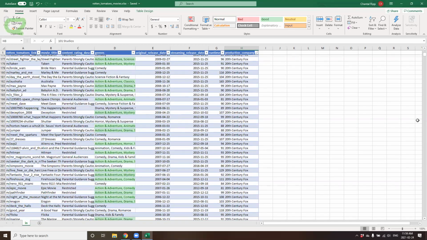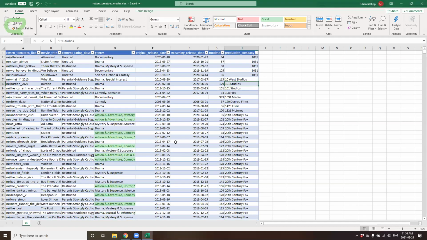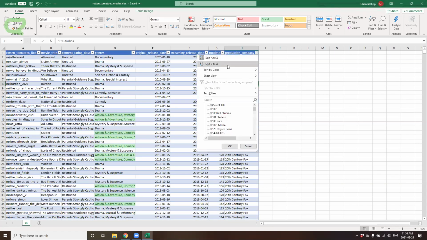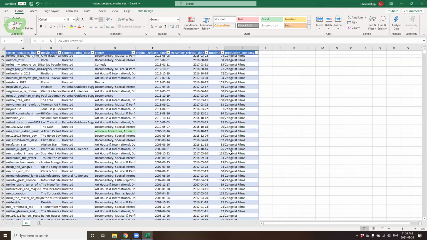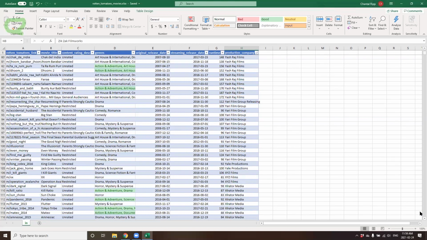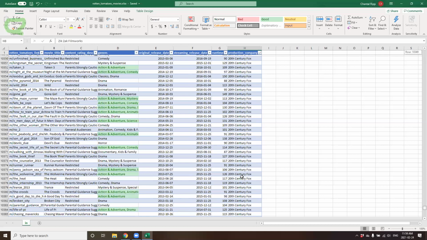Typically a sort will stop at a blank and it won't necessarily translate to the rest of your data set. Or if I go back through the other way, it seems to have worked. But in a raw data set, you may not be able to sort effectively if you have blanks within your data set.